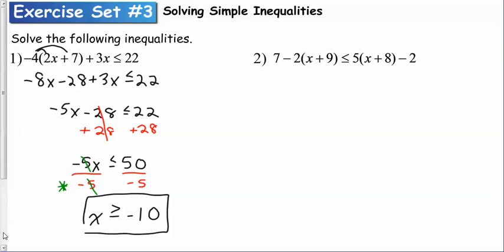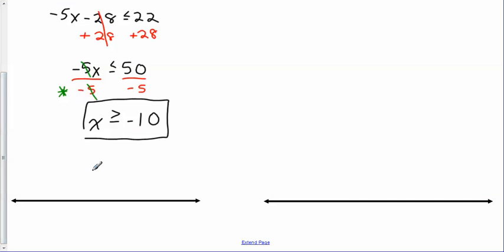Now we're also expected to be able to graph our answer. And so if I have x is greater than or equal to negative 10, just put negative 10 in the middle of the number line, and then I'm going to pick some numbers to the left and right. So I have negative 9, negative 8, negative 7, negative 6, then negative 11, negative 12, negative 13, and negative 14. So if x is greater than or equal to, remember, greater than or equal to is going to be a solid